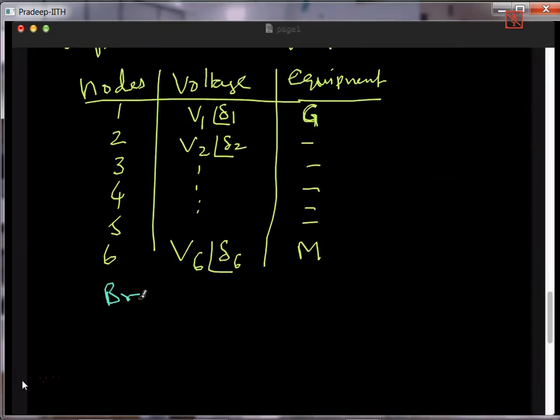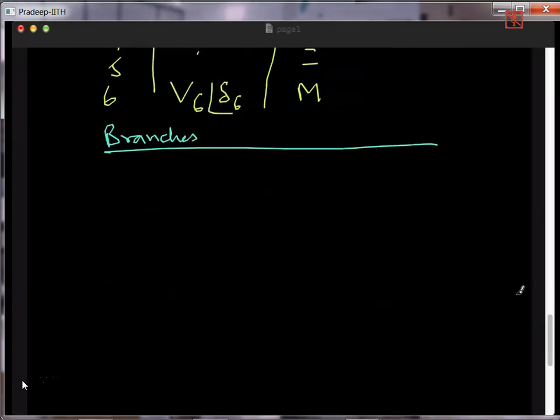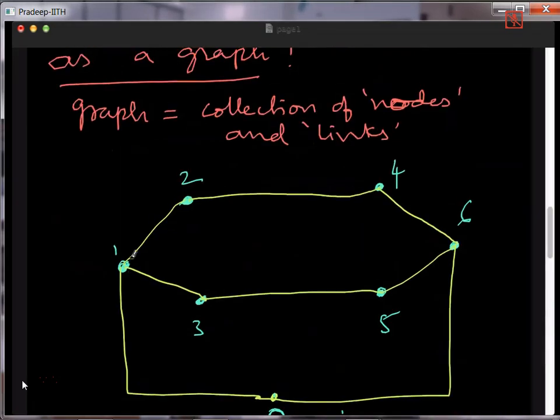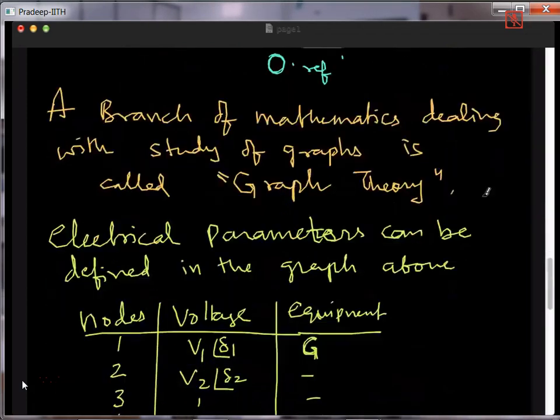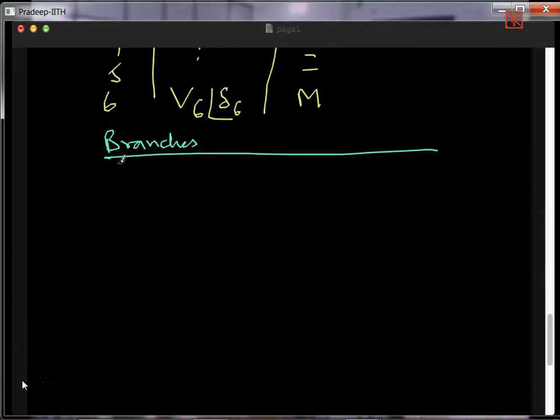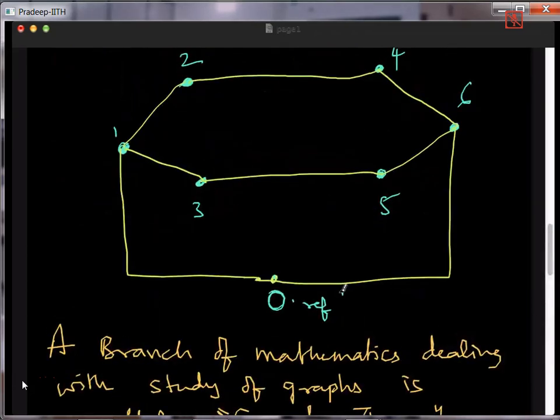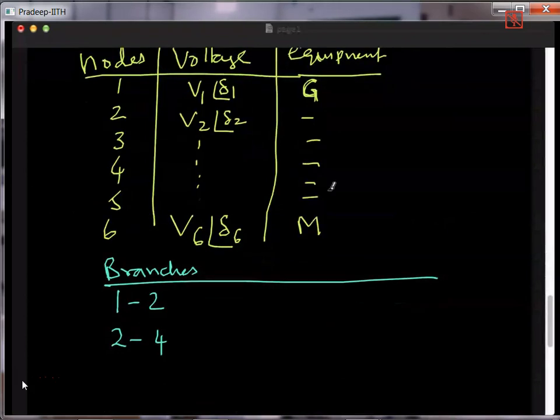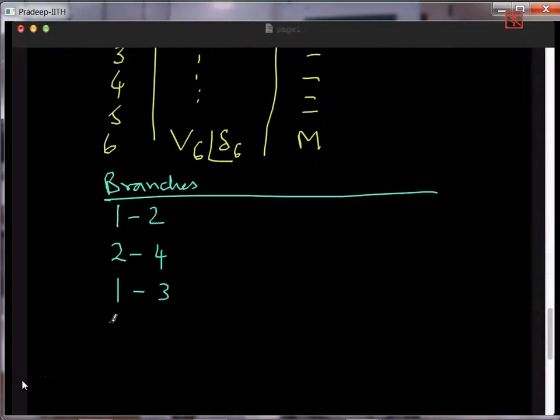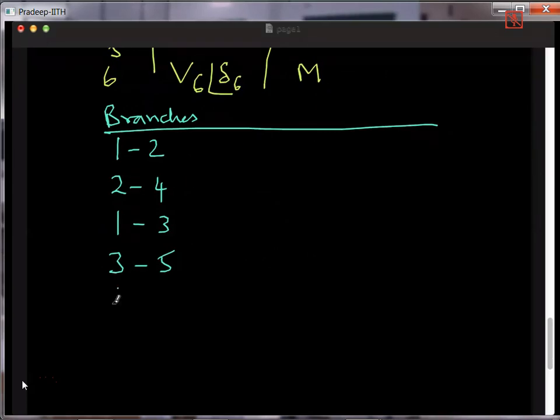So branches. What are the branches in our network? If you just recollect, let me go here. 1-2 is a branch, 2-4 is a branch, 1-3, 3-5, 4-6, 5-6, and 1-0 and 6-0. Let me do the branches. So 1-2 is a branch, 2-4 is a branch, 1-3 is a branch, then 3-5 is a branch, then 4-6 is a branch, then 5-